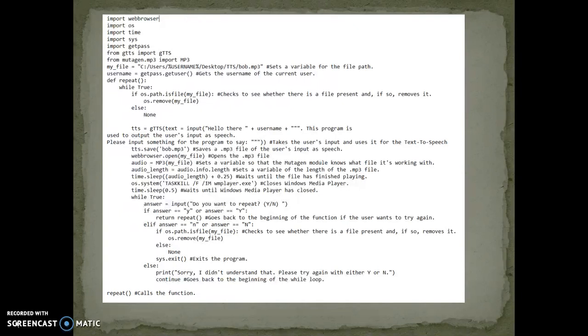The program waits until the audio is finished and the media player is closed, and until then the program sleeps. If you want to continue again, you press Y, or else N. If you press N, you delete the file, and that's all. This is the simple implementation of this system.